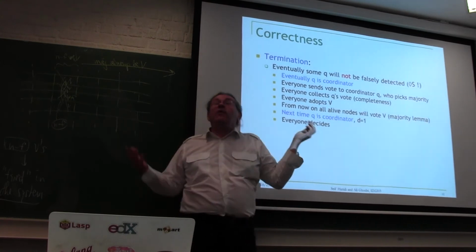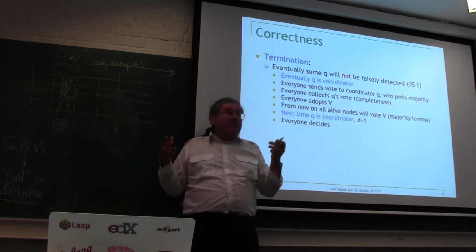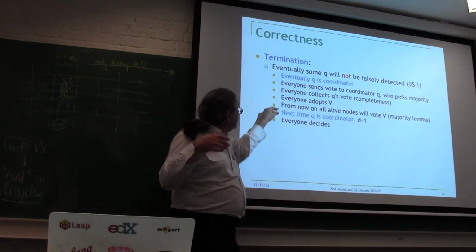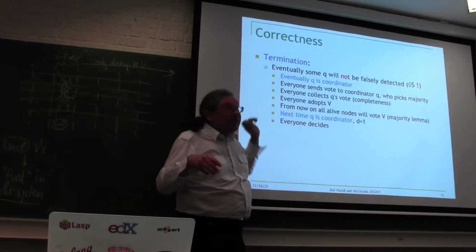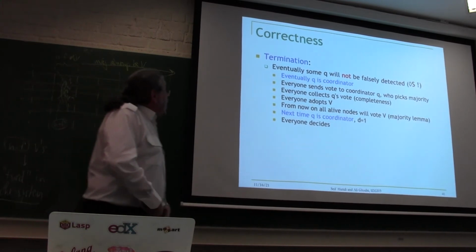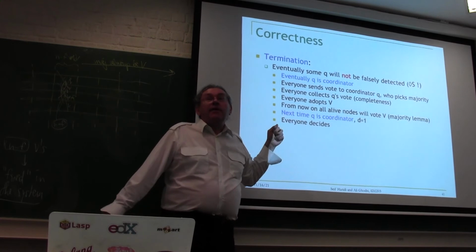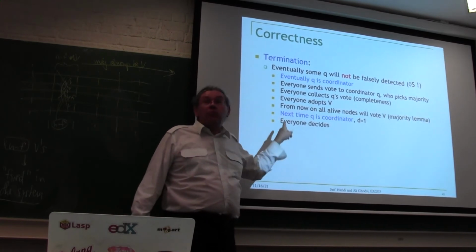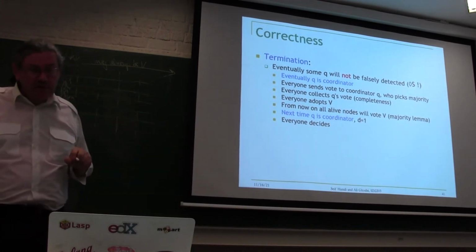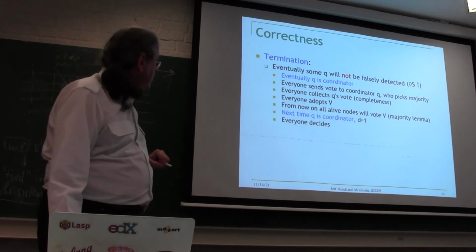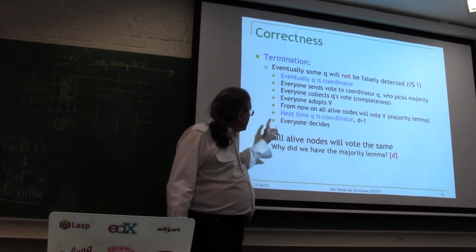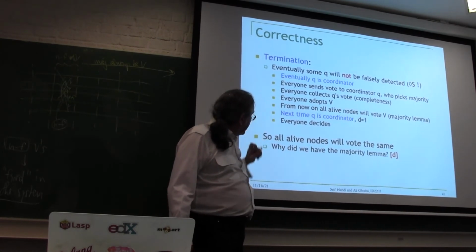Maybe you can stop before that, if some other node has no mistakes. But there's no guarantee of that. There's only a guarantee for this one, okay? So this is really a worst case. You can have much better executions than this, but in the worst case, this is what will happen. So it will still terminate in the worst case. All alive nodes will vote the same. And then when you detect that, you're done.